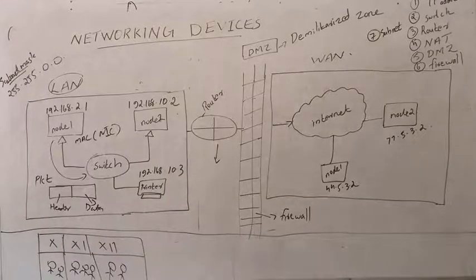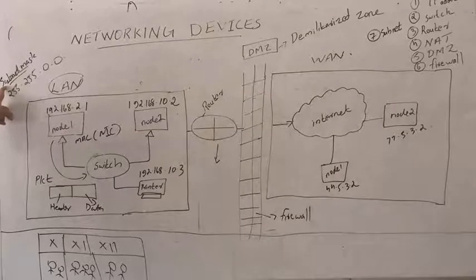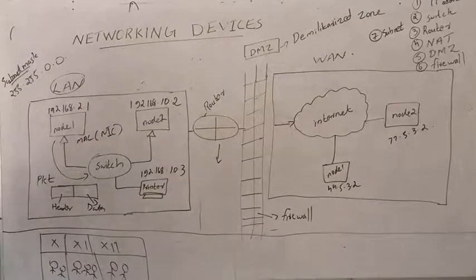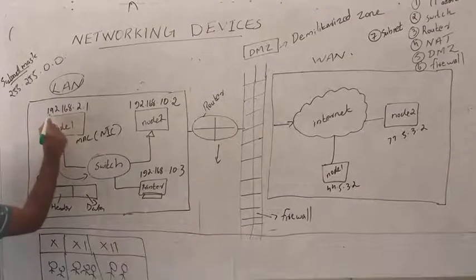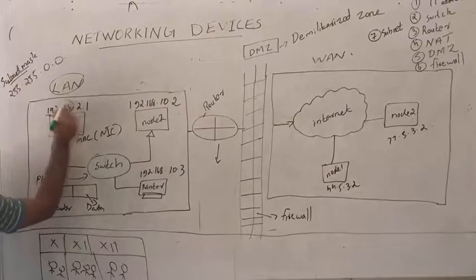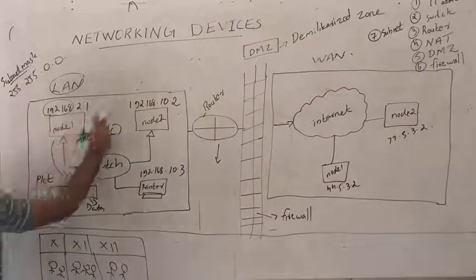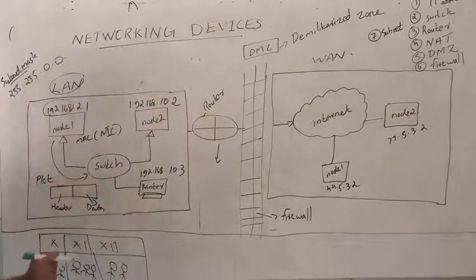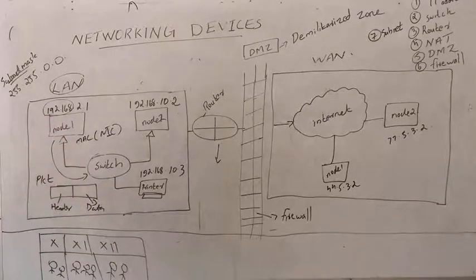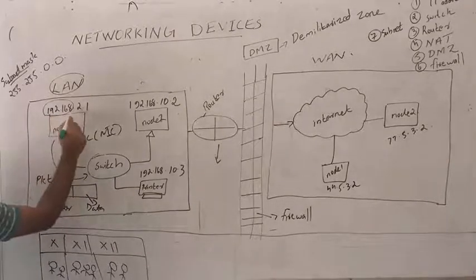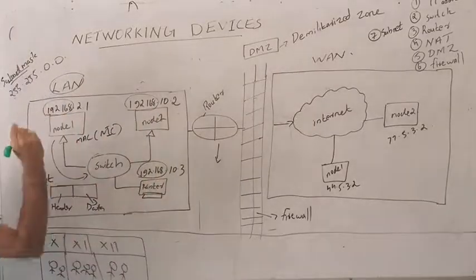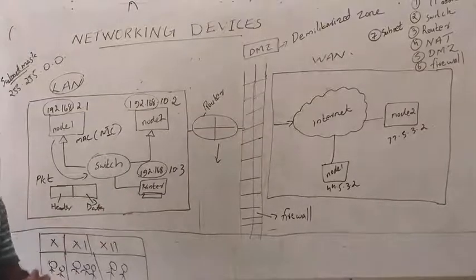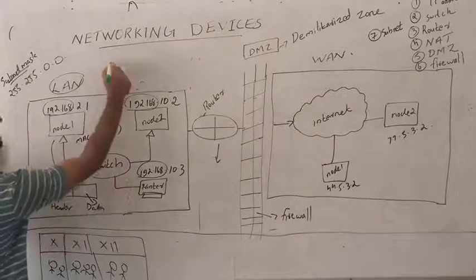Another important topic is called subnet mask. What is subnet mask? For example, look at this IP address's first two parts: 192.168. All the devices in this network contain the same first two parts. 192.168, here also 192.168, here also 192.168. If you want to find the subnet mask of these devices, it is represented as